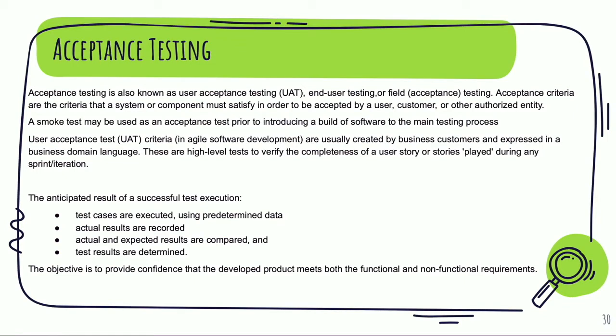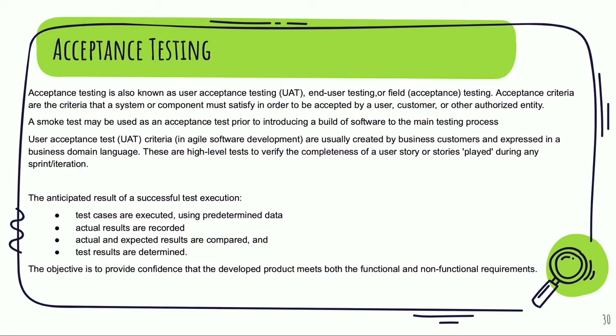This is usually done by the stakeholders. Say, for example, if I have designed a login user story, during acceptance testing the stakeholder will test all the acceptance criteria of that particular story. He is going to see the user interface, and if he feels that there is any bug or maybe any enhancement, he can give suggestions for the same.